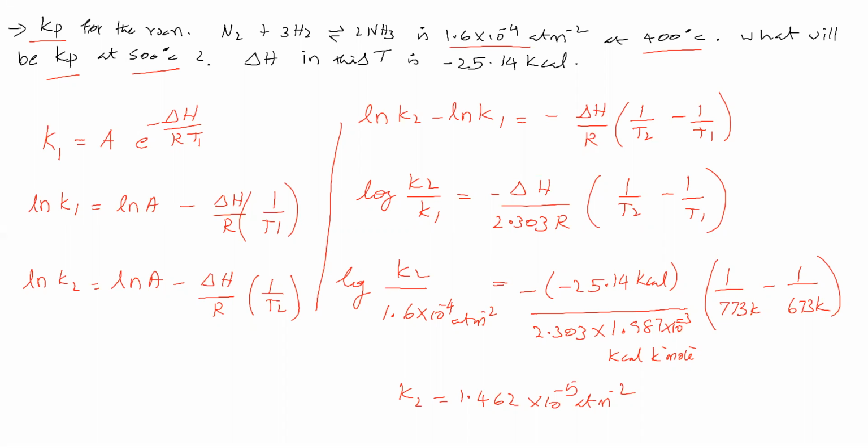Now we will take the next sum. The plot of log Kp, base 10, against 1 by T for the reaction SO2 gas plus half O2 gas gives SO3 gas